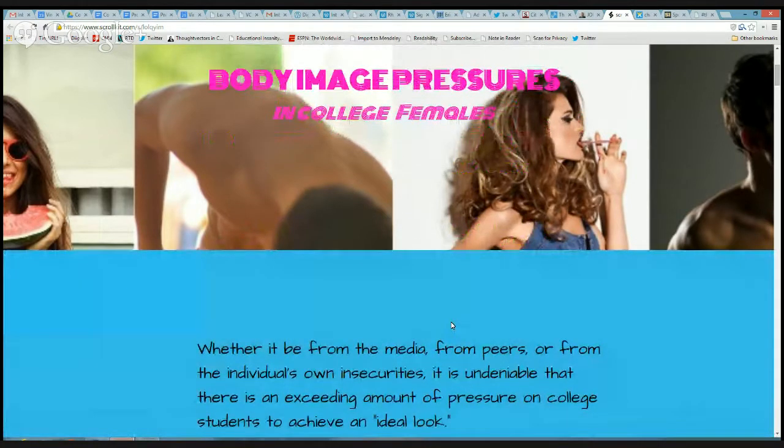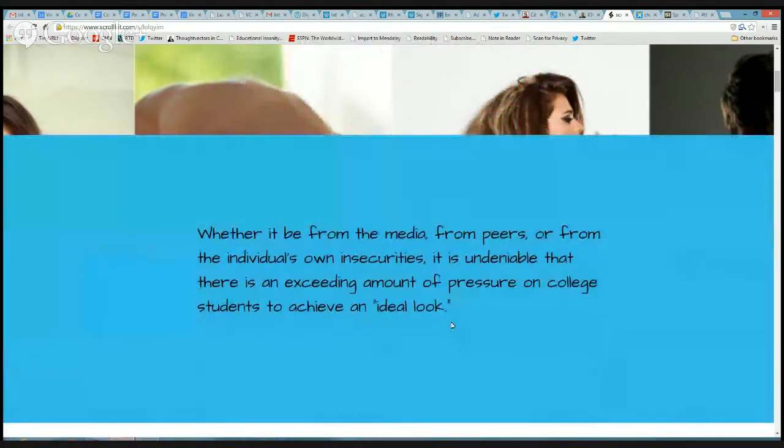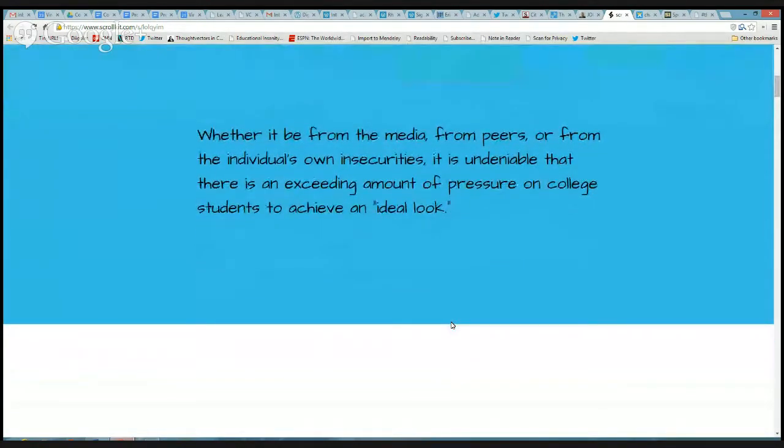While ScrollKit's not available, there are ways to do this. There are platforms to do this. I know one of my students in my section is exploring medium.com as a place for her project, where you can have this kind of parallax effect. So what I like about this is that she